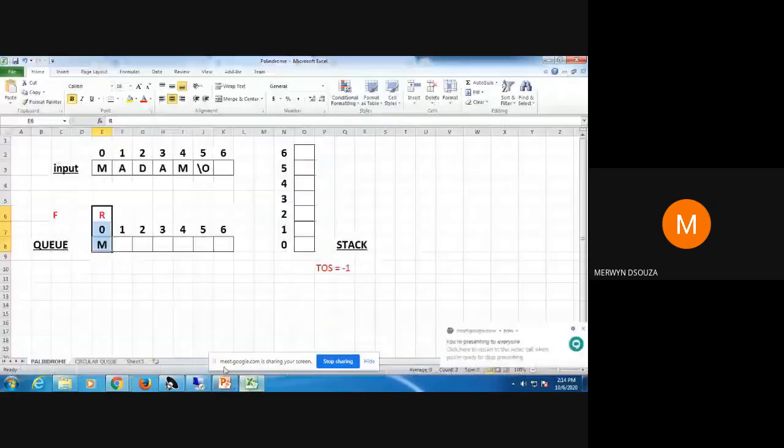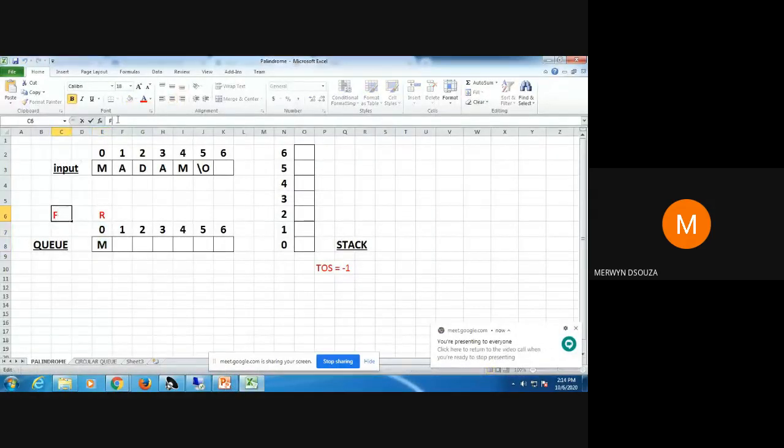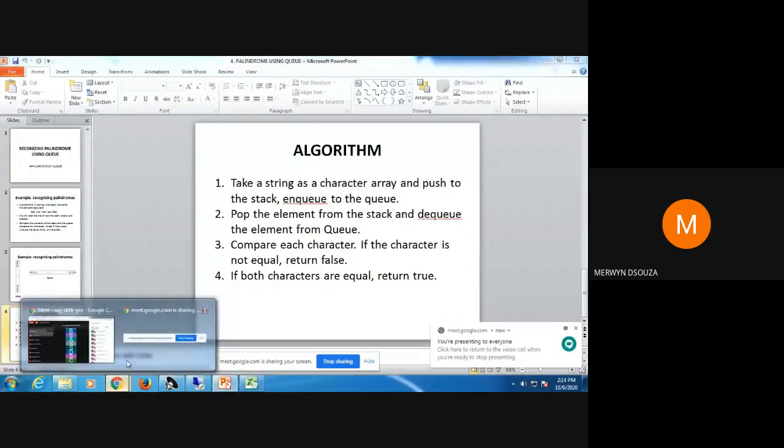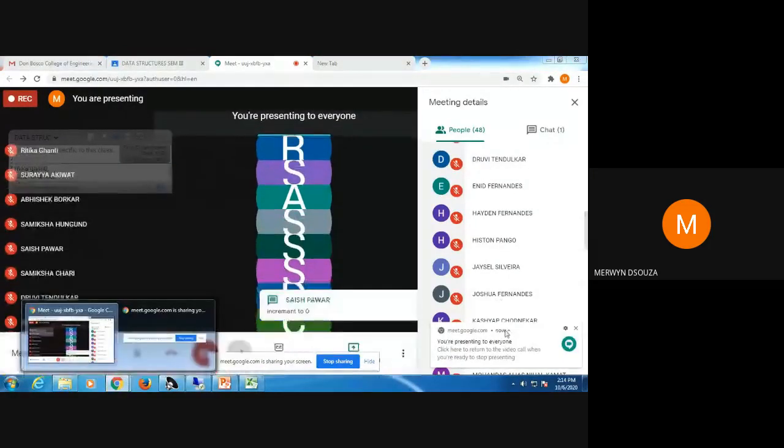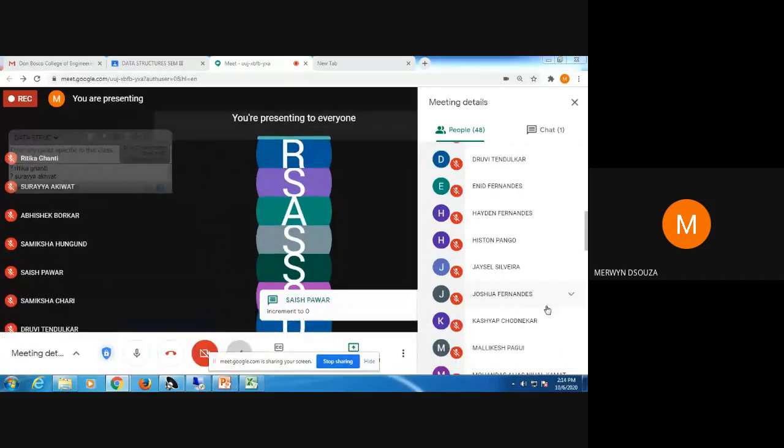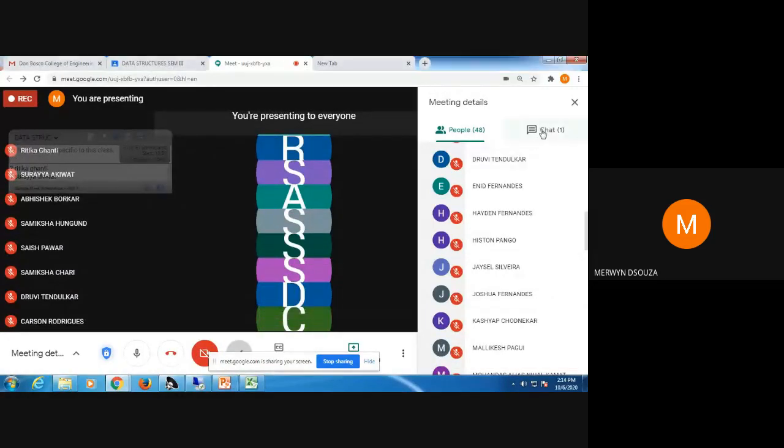What is the current value of front? The current value of front is equal to -1, right? So when we do the first insert operation in a queue, what should we do with front? Is the front variable at a proper index? We should increment it to 0. Correct.